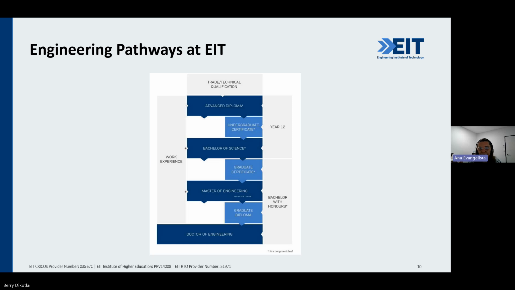So this is the natural pathway. If you start by joining us, let's say with the advanced diploma, then you can progress to our undergrad, or if you decided to join straight away the Bachelor of Science, we offer a 3 year course, Civil Structural Engineering. And then if you'd like to progress with your qualifications, you can continue and join the master